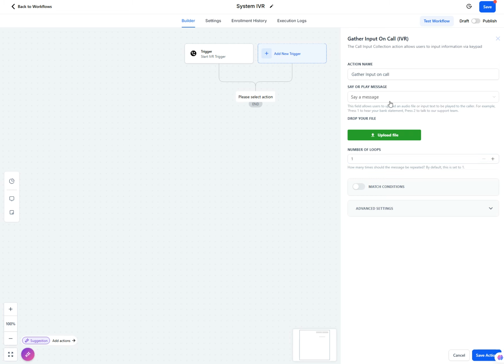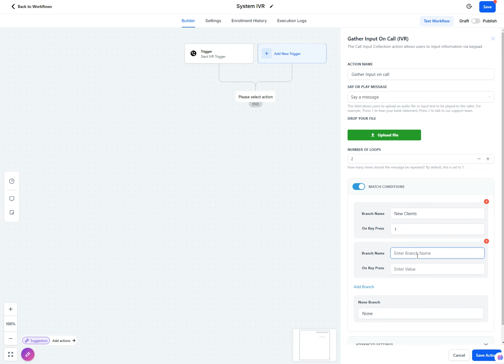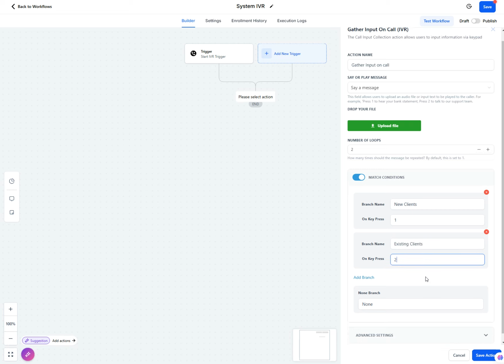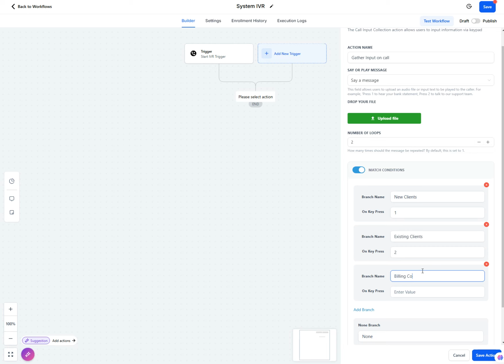Now you can change the loops from here. If you want the message to be looped again a certain number of times, you could do so. Say for example, you want this to be looped twice. Next, you want to match conditions. So say for example, you've added in your message that new clients would need to press 1. So your branch name would be new clients. On key press would be 1. Let's add another branch. For existing clients, press 2. For billing concerns,